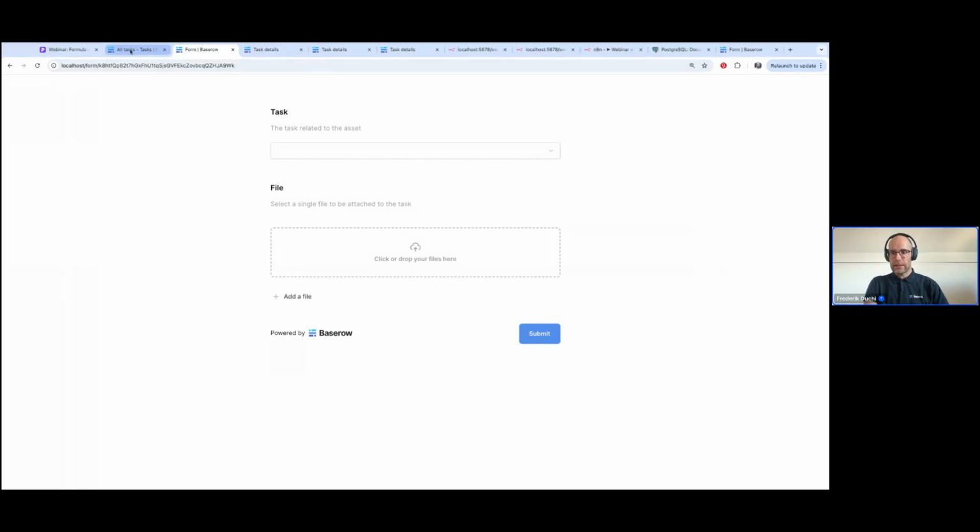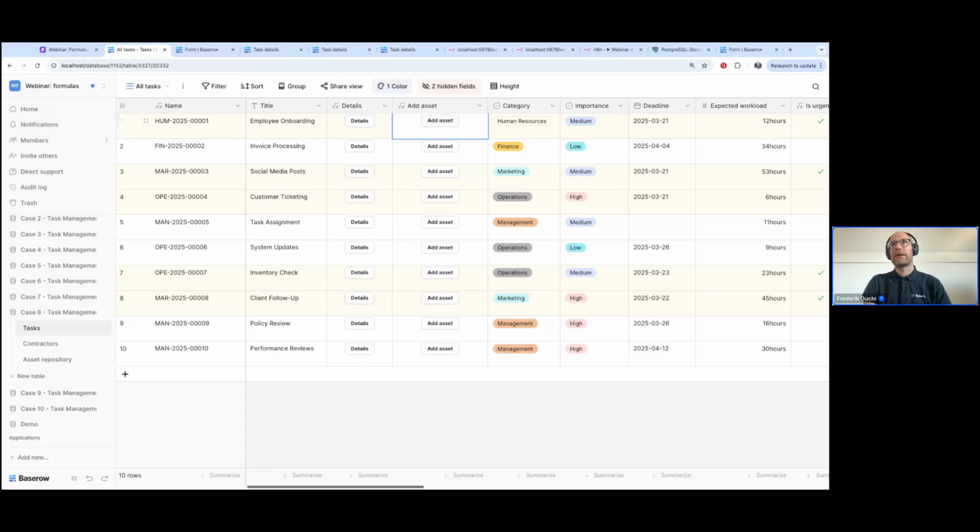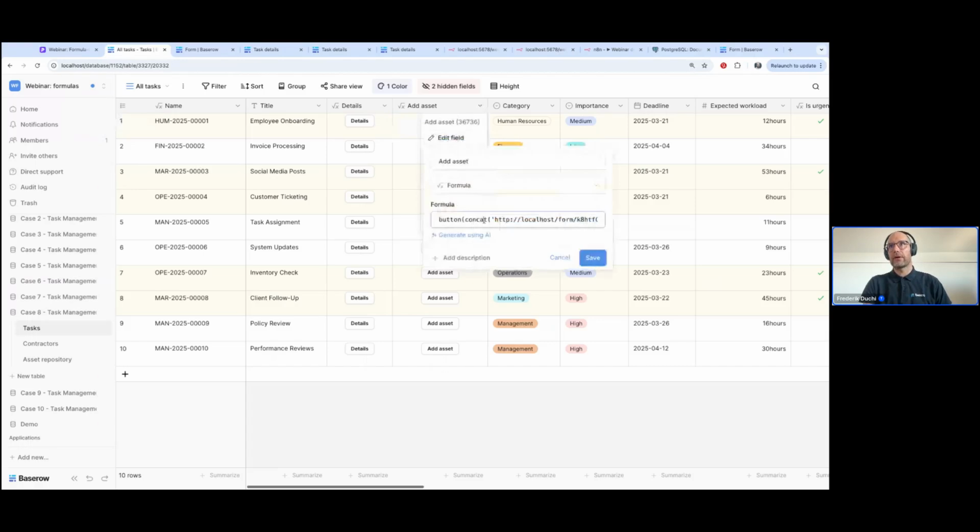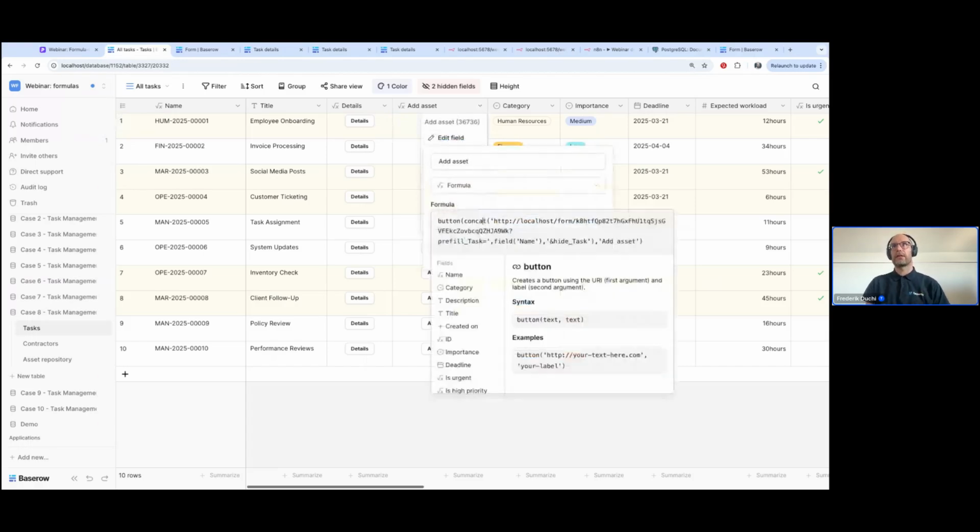So to answer the question, can I use a formula to construct a clickable URL? Yeah, I haven't used a clickable URL here. I did it with a button because I think buttons are cool to use. It shows the user immediately that you can push on them. But